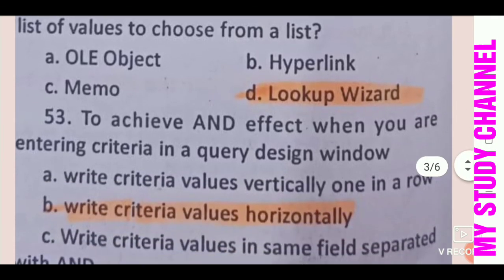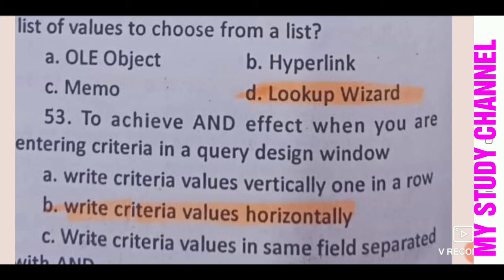Next question is, to achieve an AND effect when you are entering criteria in a query design window, what should you do?